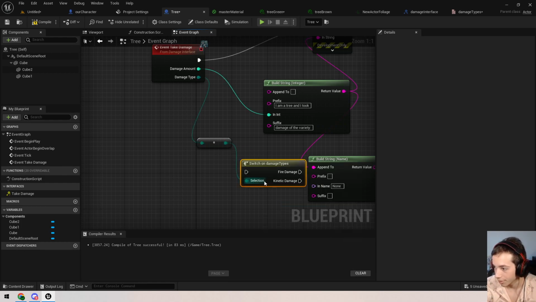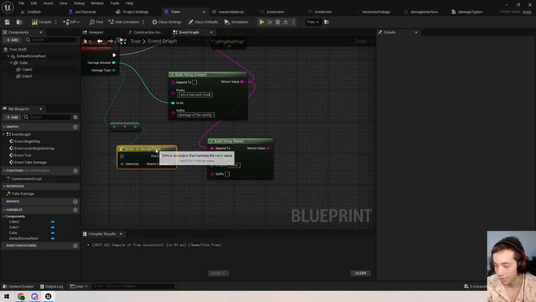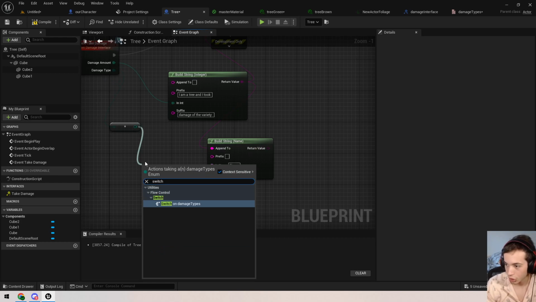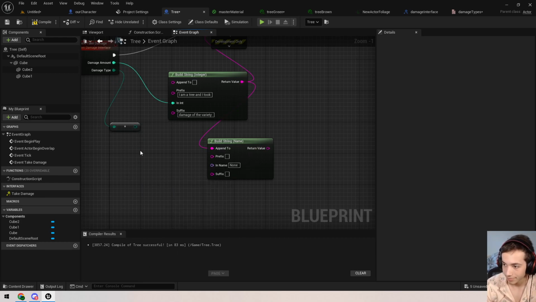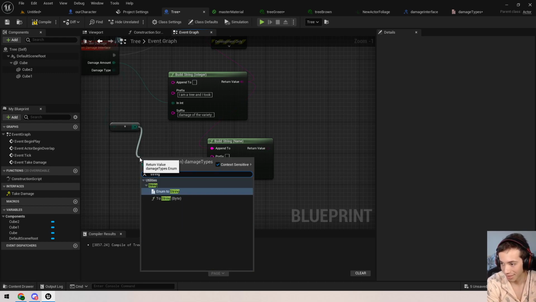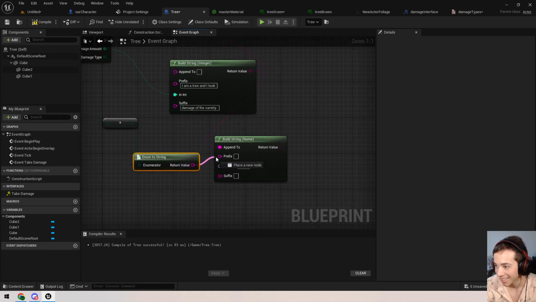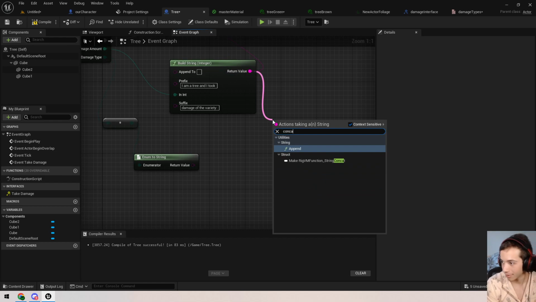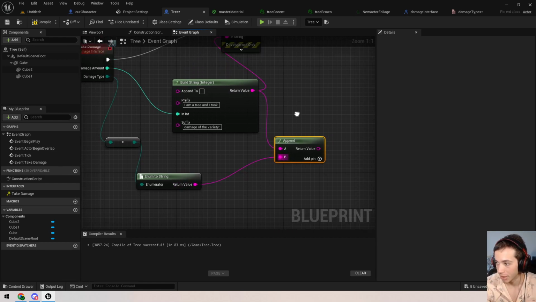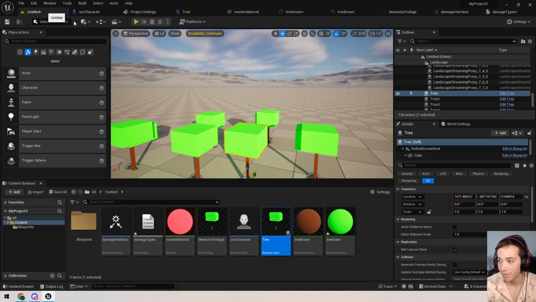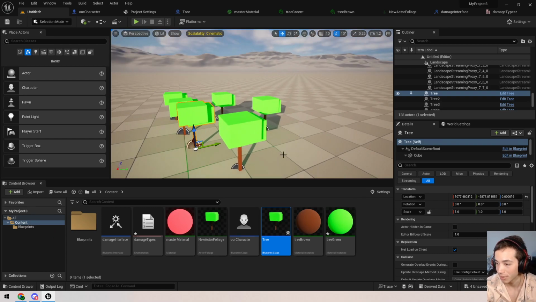can do switch on damage types. Yeah. Okay, sorry. Switch, no, to string. Like we want to turn this into a string essentially. Enum to string. Great, that's a thing. Append to prefix. Okay, concatenate. Concatenate. Append to be just like that. Compile, save, great. So we have these trees, we have our character, the trees implement an interface, the interface has